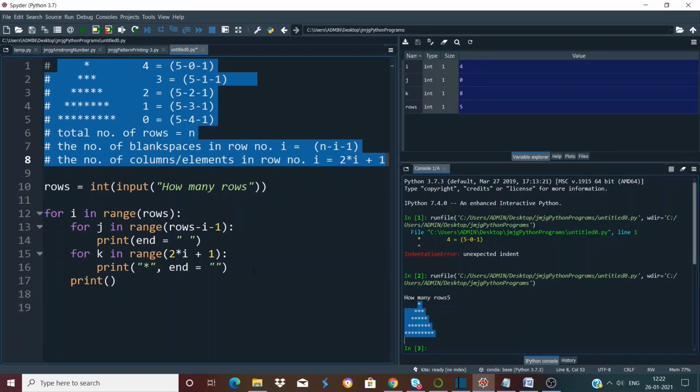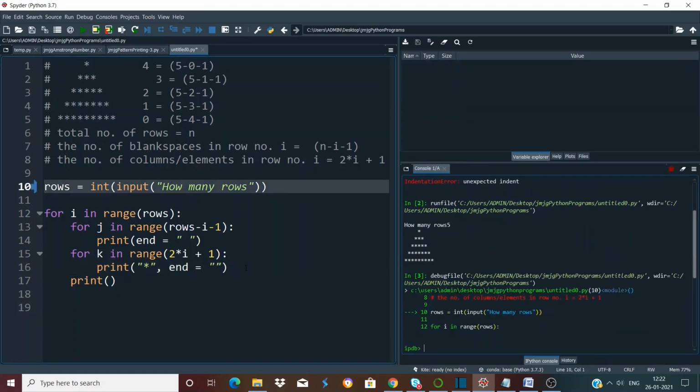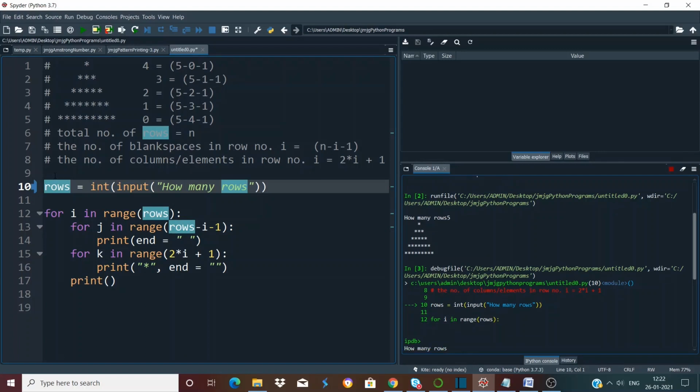Now let's start our debugging and let's see line by line how this entire code is actually working. Let's start debugging by pressing Ctrl+F5, and you can see the debugger pointing to the first line. If we press Ctrl+F10, it prompts us to enter how many rows. Let's enter 3 rows to save time.